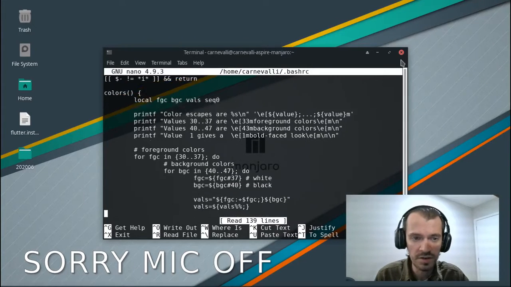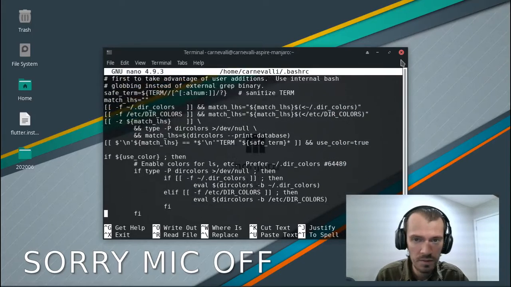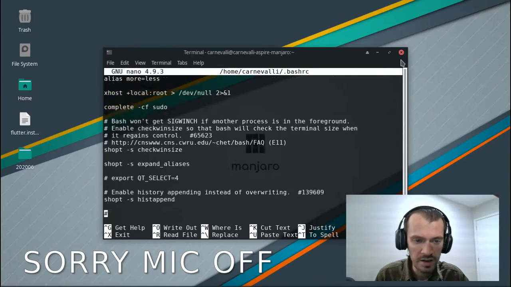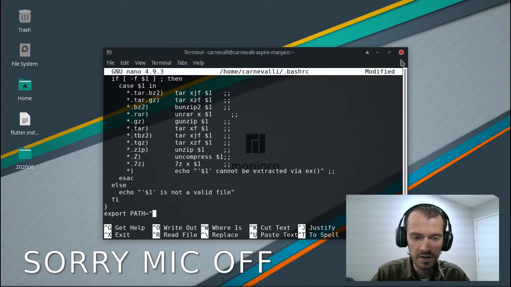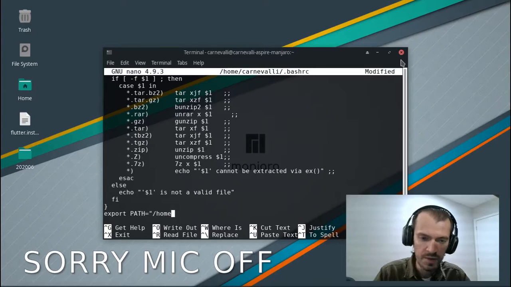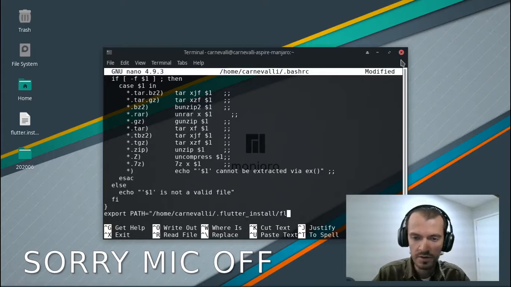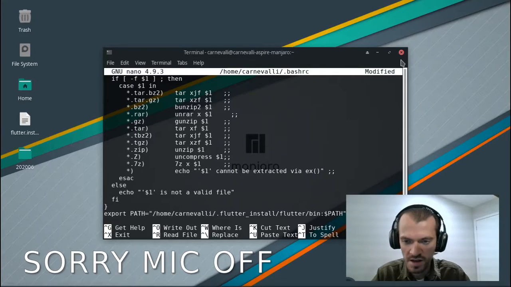At the end of this file, you will add a single line: export PATH and a path to your Flutter bin folder. In my case, /home/my username/flutter-install/flutter/bin. Add this path variable at the end of the string, and just save